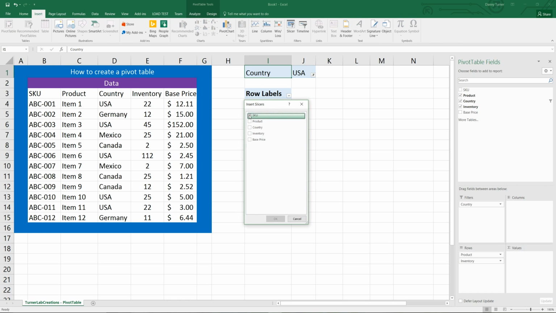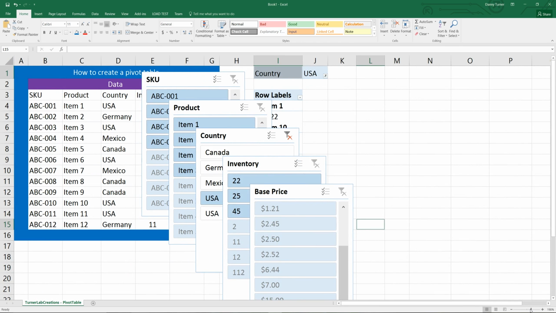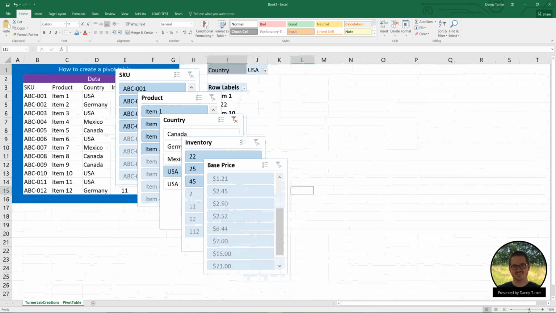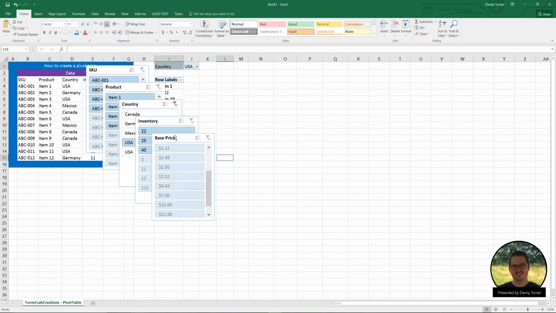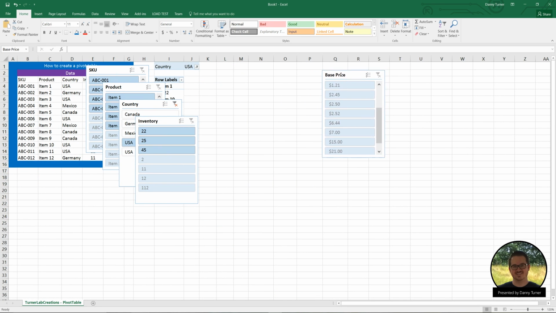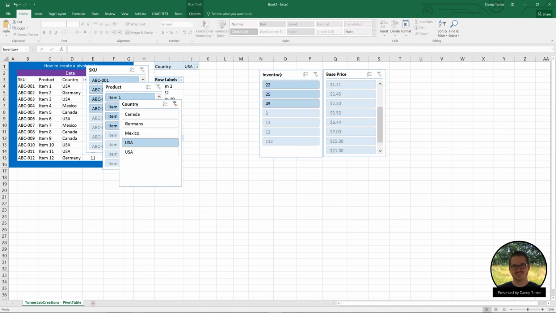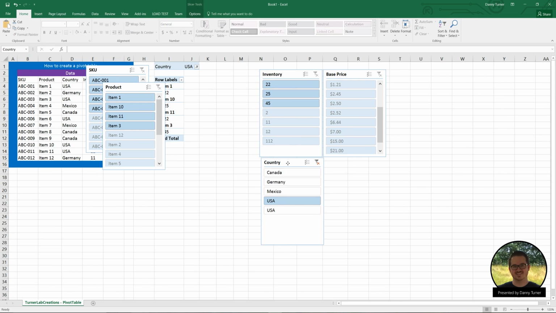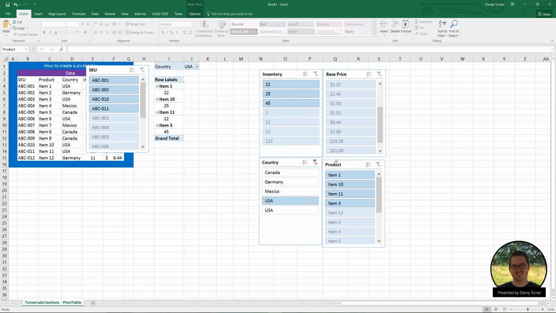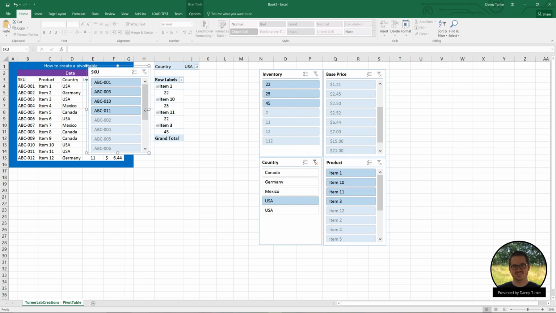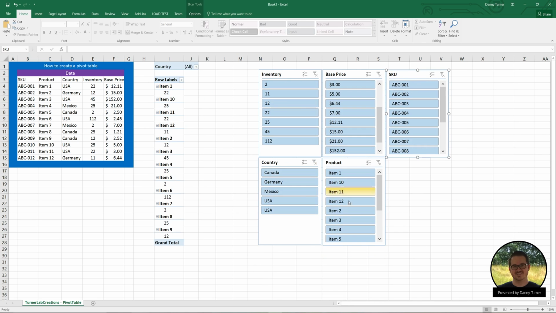You'll notice that the pivot table headers are also within the slicer, so I'm just going to click on each one of them. I'm going to press OK. I'm going to zoom out a little bit so we can see our data better. And I'm just going to drag and drop the slicers so that they're easily viewable. Alright, so now that I have all my slicers in view,